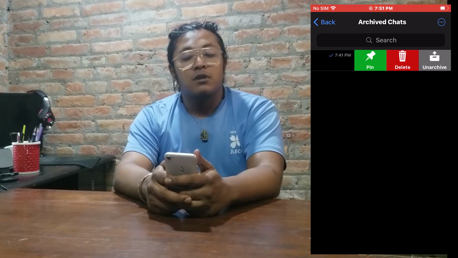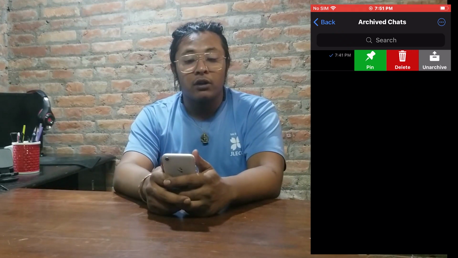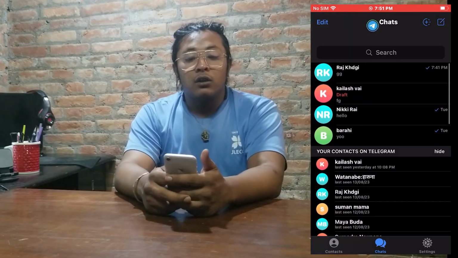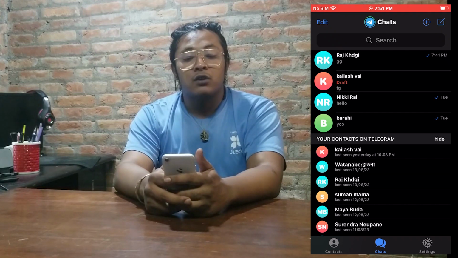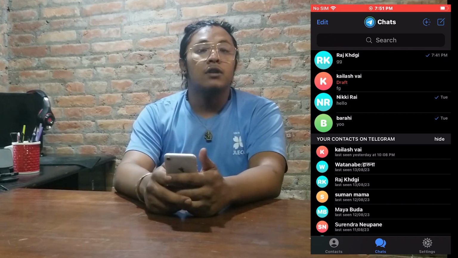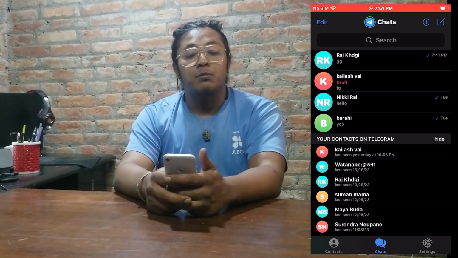Now in order to unarchive that chat guys, simply swipe that chat which you want to retrieve to the left, and these options will be available for you. Whereas you can see the unarchive button available for us, simply tap on that unarchive button and then your chat will be retrieved. As you can see guys, I don't have the currently archived chats because all of my chats